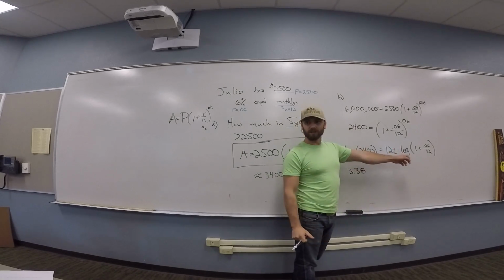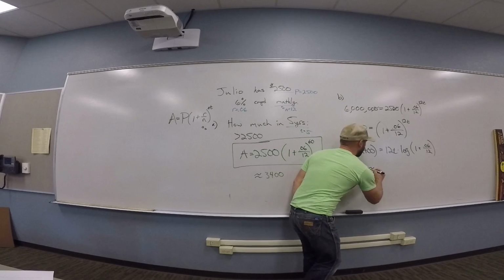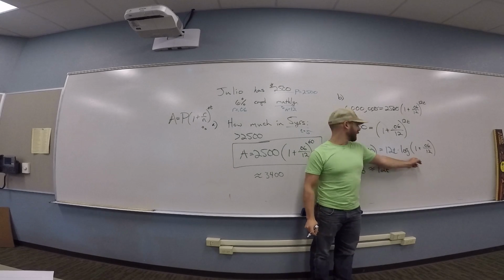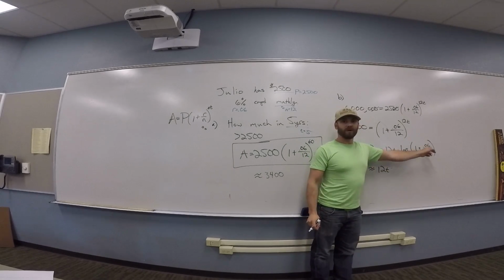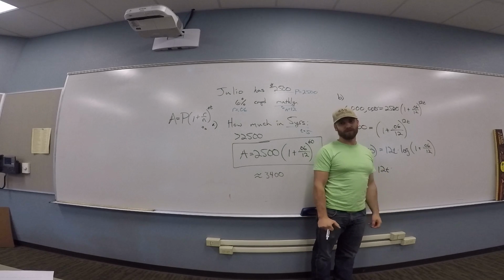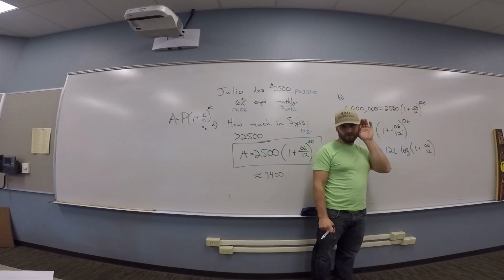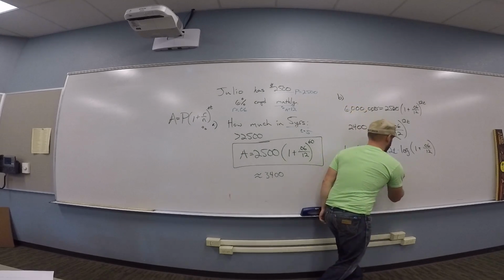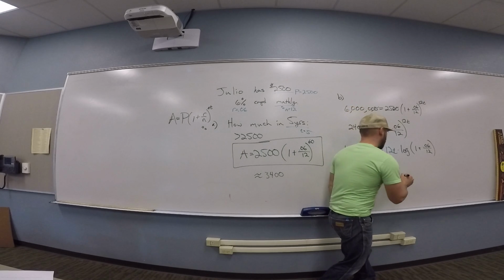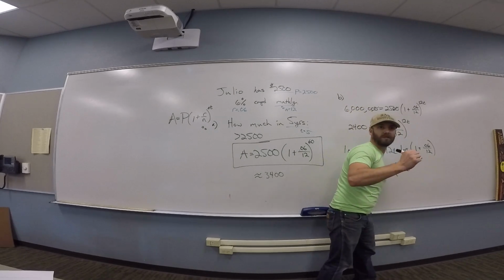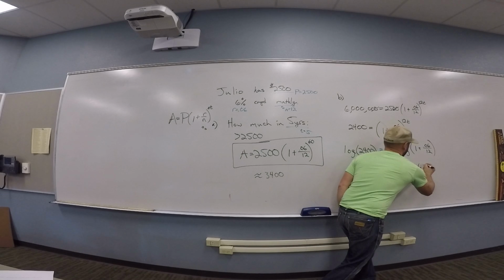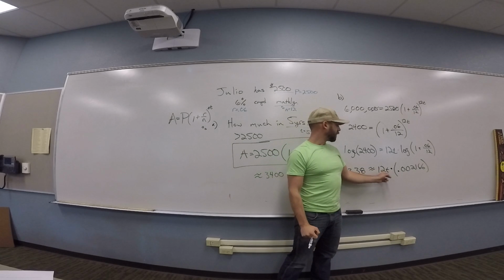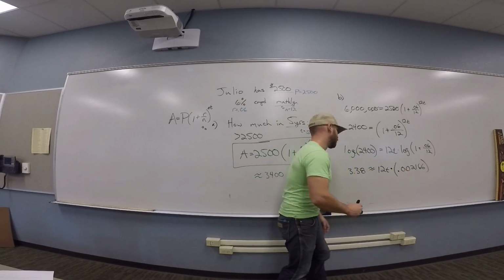Do you want me to say the rest of it? So then on the other side, you get 12t times, and now you need to put this into your log. So do log parenthesis 1 plus 0.06 divided by 12. It's probably really small. 1 plus that gives 0.002166061. Close enough. Okay, then take this number, divide by 12, and then divide by this, which should give you t is about